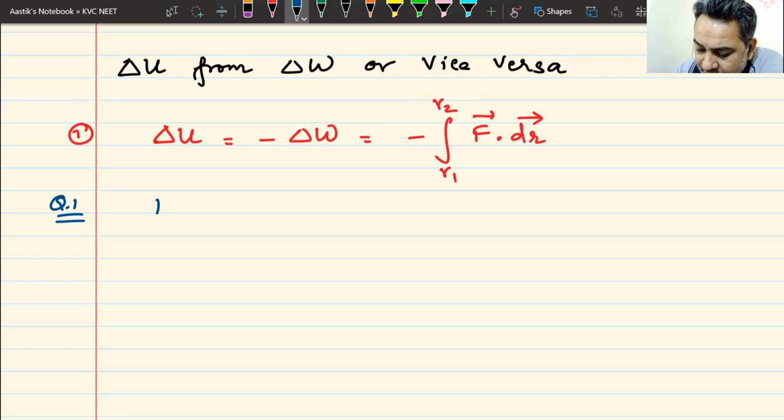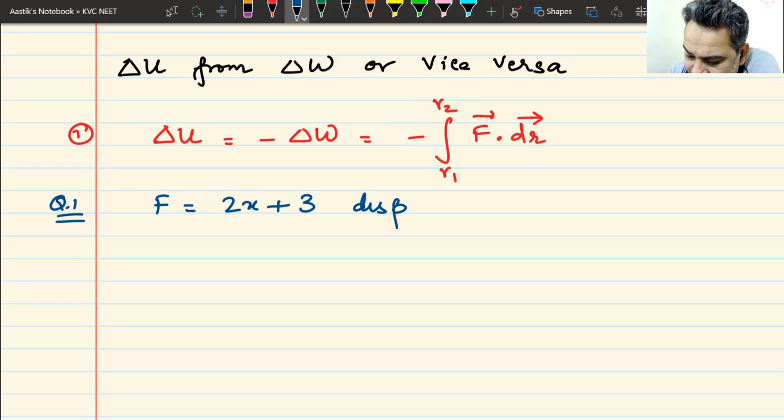Question number 1. A force is given in this fashion. It is 2x plus 3. This is a one-dimensional force, along the x-axis. I could make a question of three-dimensional force, but that will not come to you ever. So force is 2x plus 3. This force displaces a particle or a body